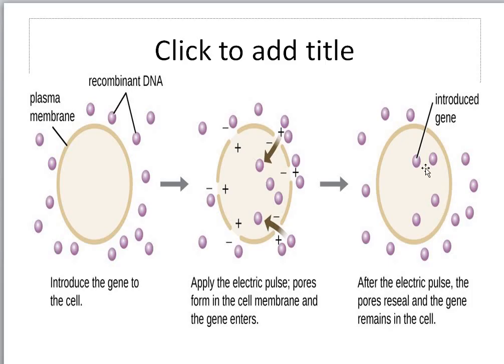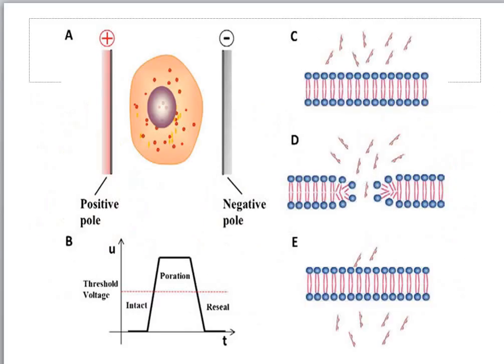The membrane will start to reseal and whatever has entered will be inside the cell and it will incorporate with the plant's nucleus, with the plant genome. It will try to integrate. And if it is a successful integration, then this cell will be a transformed cell. Now, if the membrane does not reseal and there are still pores after your electricity is turned off, then that cell will die. Okay. Now, this diagram will help in a better understanding.